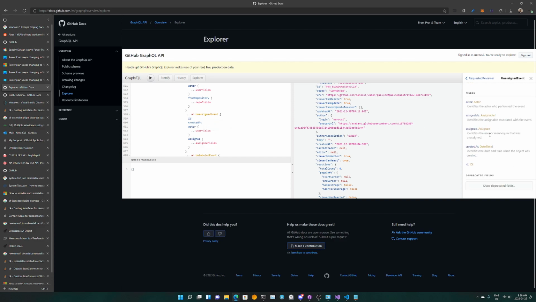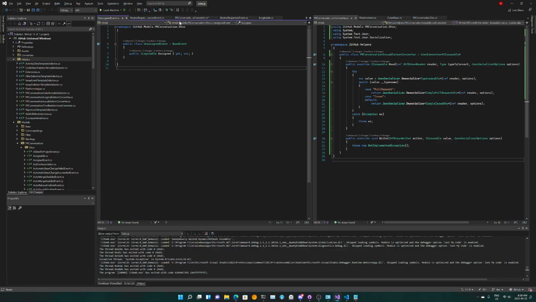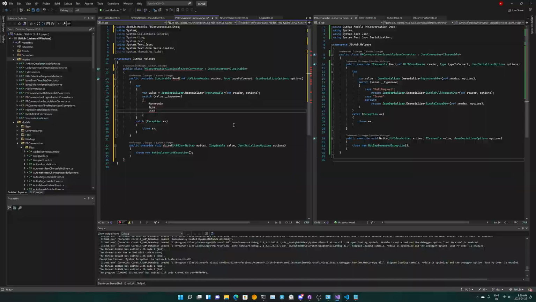So for this, we have assignable. No, actually. So for assignable, we are not getting it. That's fine, we're not using it. This one, there can also be bot, mannequin, organization, and users. So we already have mannequin, team, and user.